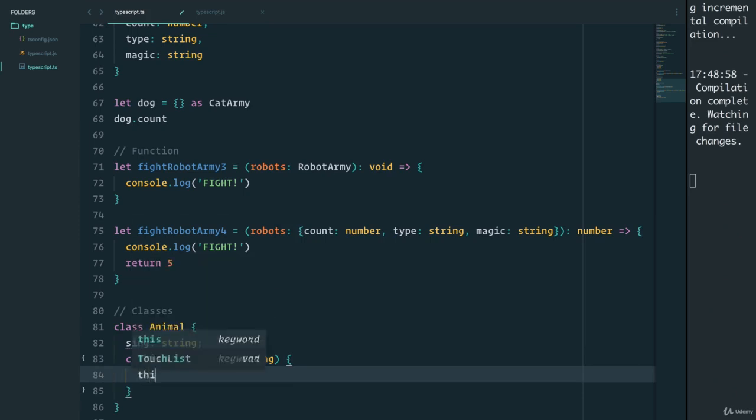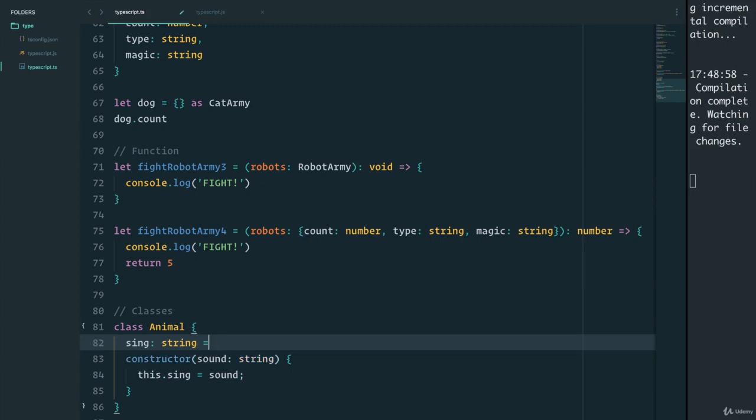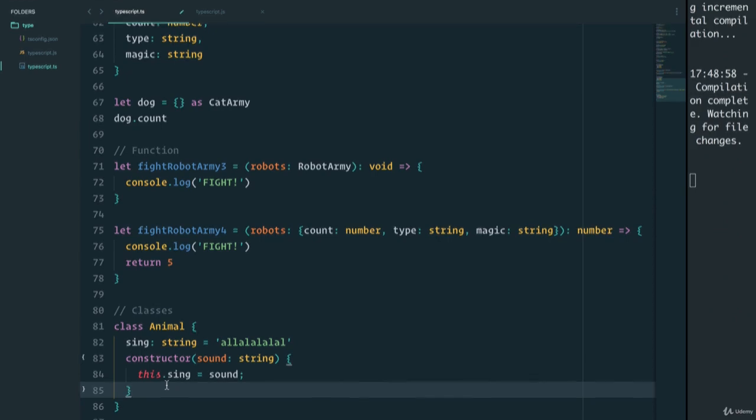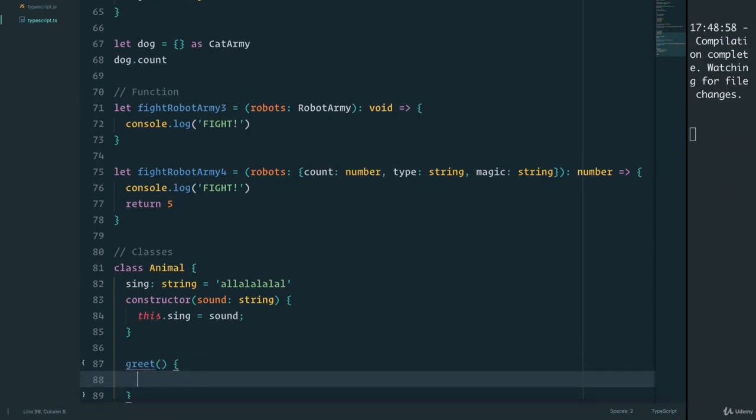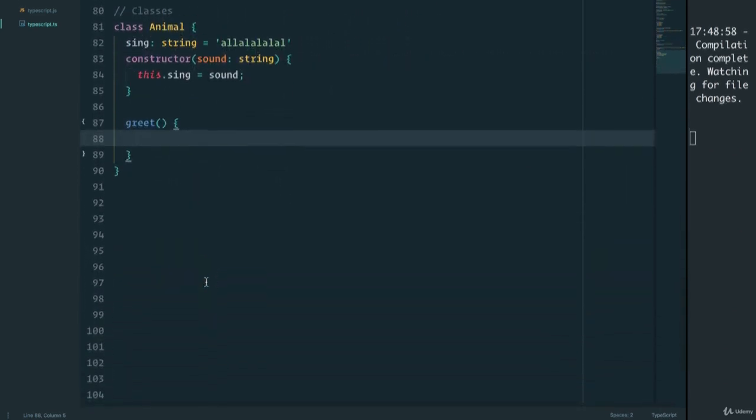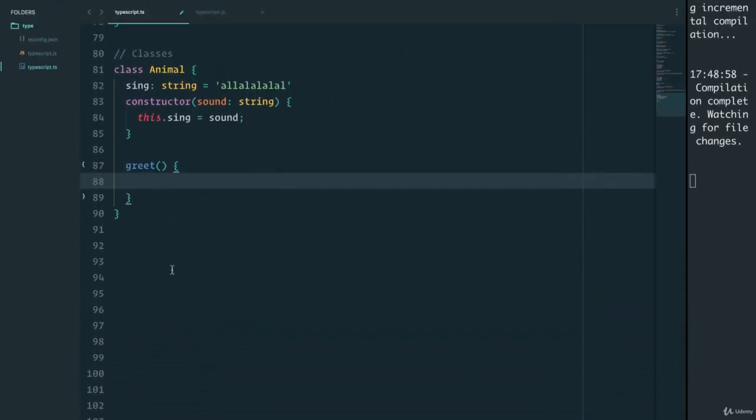And we can say that this.sing, and we're just using class syntax here, is going to equal sound. And let's just say that sing is going to be la la la la la. Now we'll also have a method called greet. And this greet method is going to,